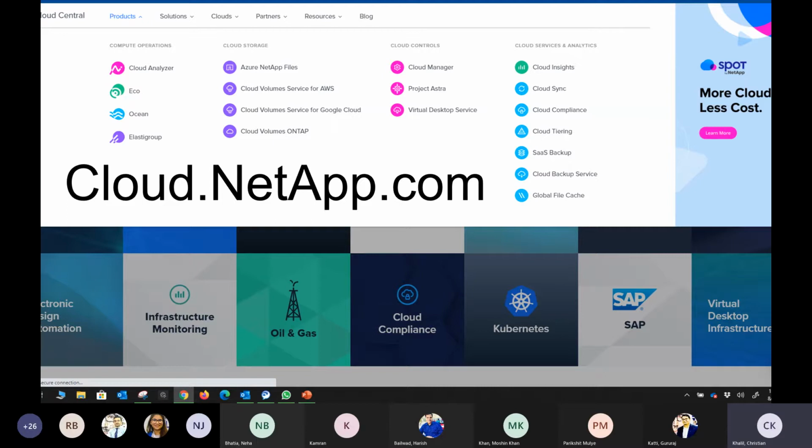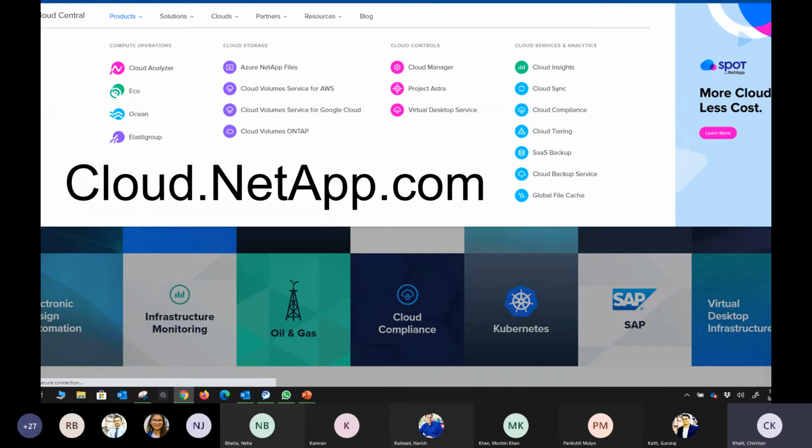Also, the Cloud Control, which is Cloud Manager, it's very nice software. It started with managing our Cloud Volume on Tap in the cloud, and then we started adding many features, which you see on the right, like Cloud Sync, which is mainly for migration, Cloud Compliance, which is mainly for compliance like GDPR, deviation from those compliance. You can search for certain, let us say, credit card of certain user, okay, and Cloud Tiering, which is mainly